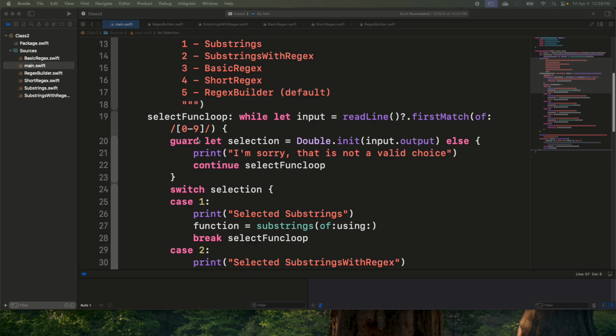Okay, so let's take a look at how we can add tests to our Swift package, libraries and executables, and then we'll take a look at how to add tests to Xcode. All right, so to start with, we're going to look at packages and executables, primarily because a lot of unit